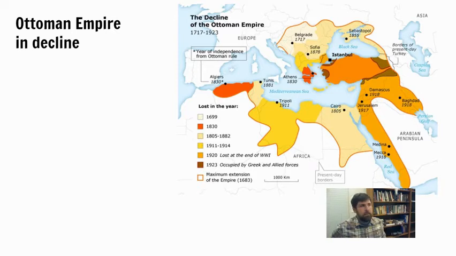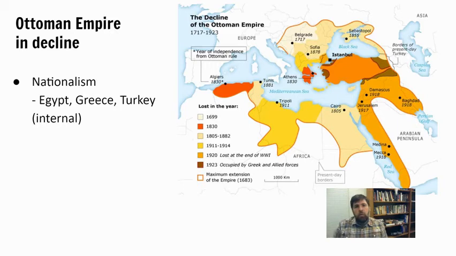But they started to decline, gradually at first, and then more significantly during the 1800s. For a long time, they were known as the sick man of Europe. I think I'm contractually obliged to tell you that the Ottoman Empire was the sick man of Europe. When you think about what a sick person is like, they're not able to do the things that healthy people are able to do, right? They're weak. The Ottoman Empire became weaker and weaker over the course of the 19th century.